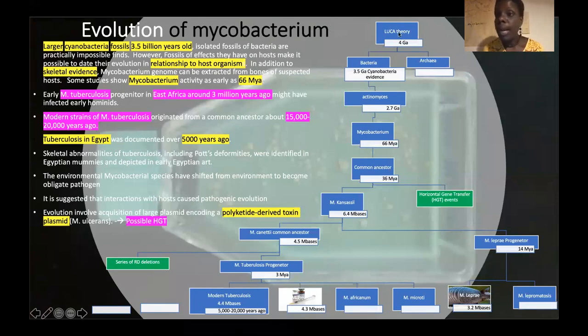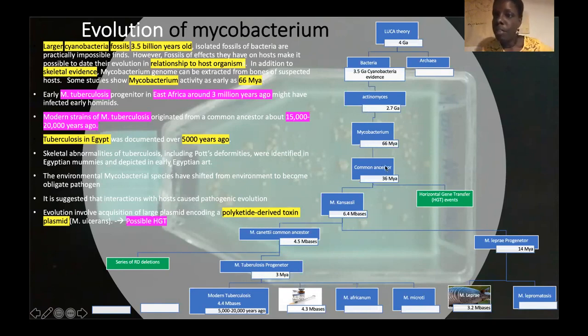Evolutionary tree: from the last universal common ancestor 4.5 billion years ago, we diverge into the archaea domain and the bacteria domain. Evidence of bacteria 3.5 billion years ago in cyanobacteria. That splits about 2.7 billion years ago. Actinomyces become our lineage, and then many billion years later, 66 million years ago, we find Mycobacterium in